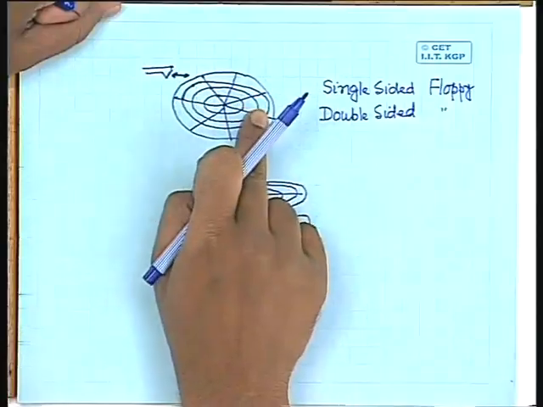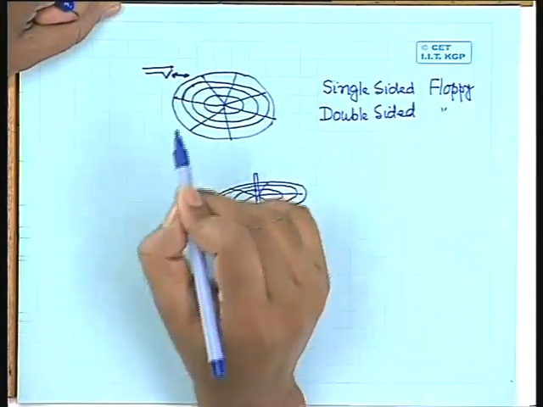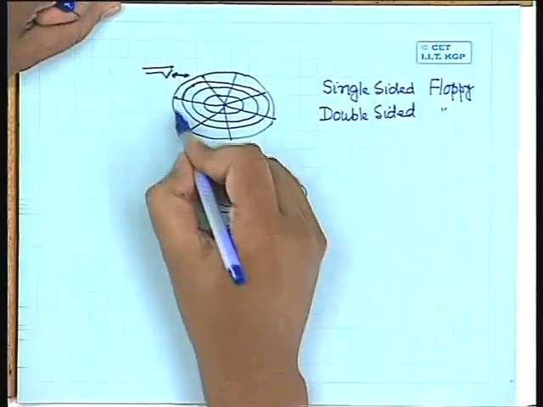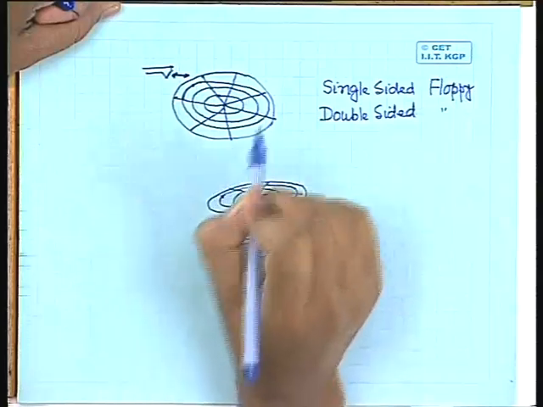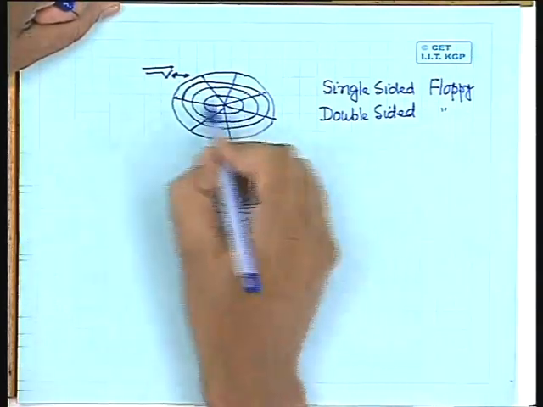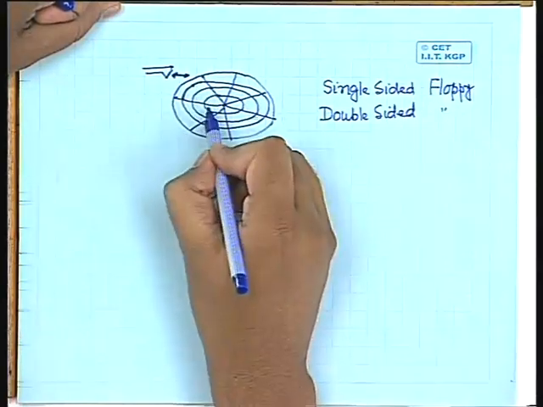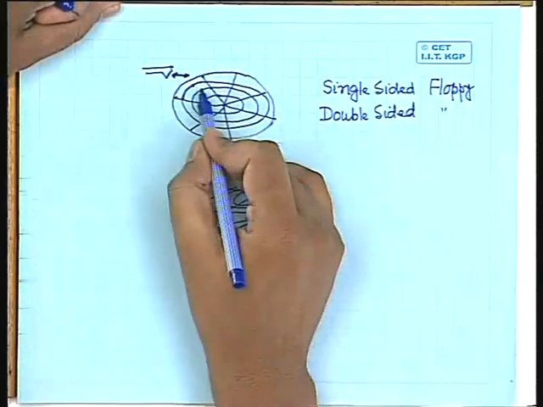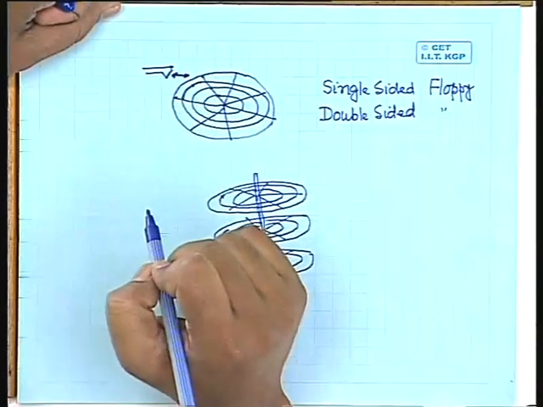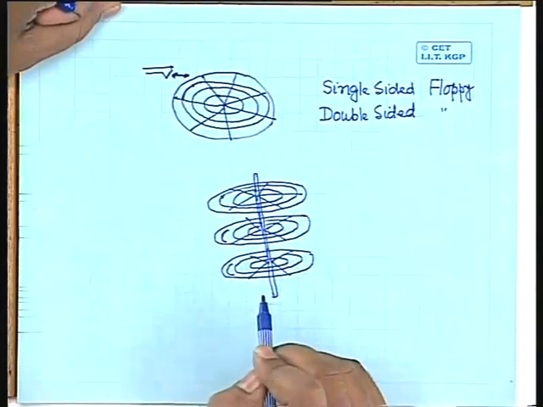Okay. So in this case, we have said that if we have a single-sided disk, then for identification of a particular block or sector, we need the track number and the sector number. Had it been a double-sided disk, we need track number and sector number along with the side, and the side is referred to as head number, that is, which particular head has to be active for reading that particular sector. So I'll have a 3 component address if it is a double-sided disk: one for the head number which has to be active, the other for the track number, and the other for the sector number. Similarly, in this case, the address will be a 3 component address, head number,